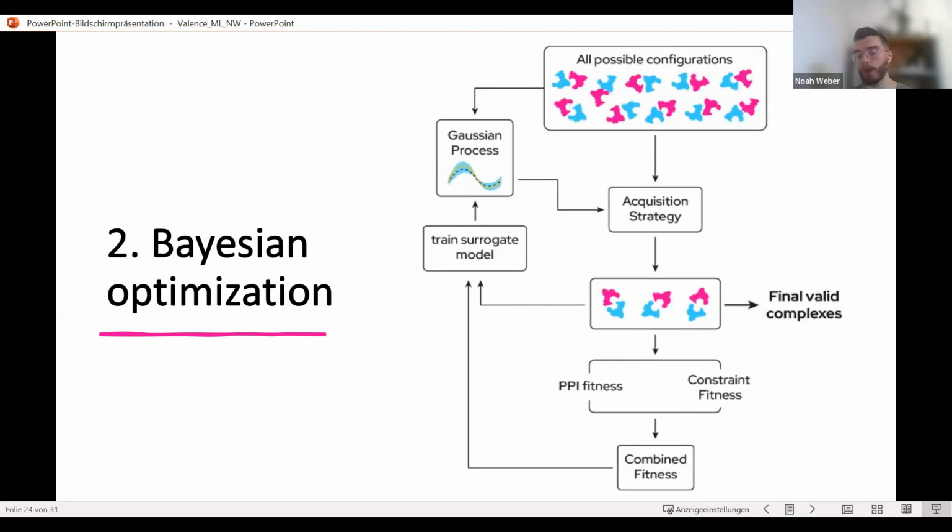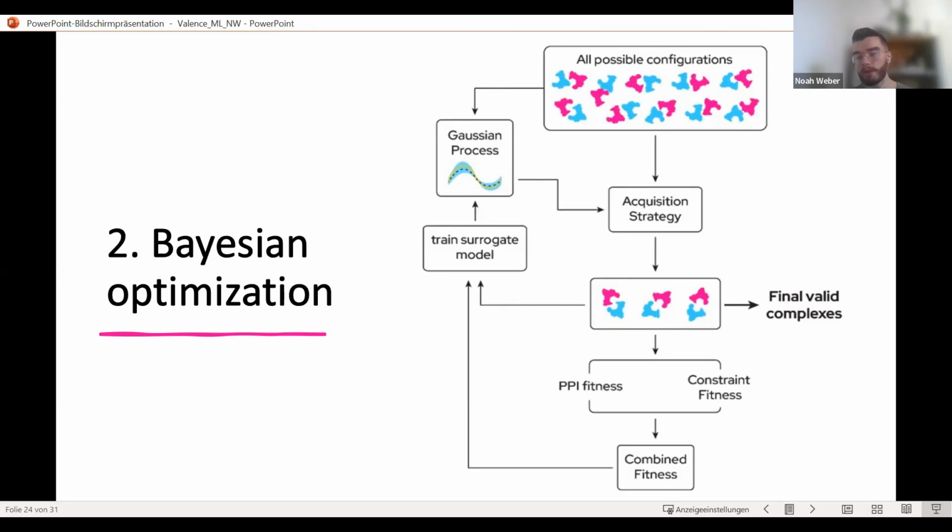We want to explore the unknown space and exploit potentially what we already know. And in order to make these decisions on what we actually explore or exploit, we have an acquisition strategy, which is super straightforward. It's UCB, upper confidence bound, which is, I think, pretty